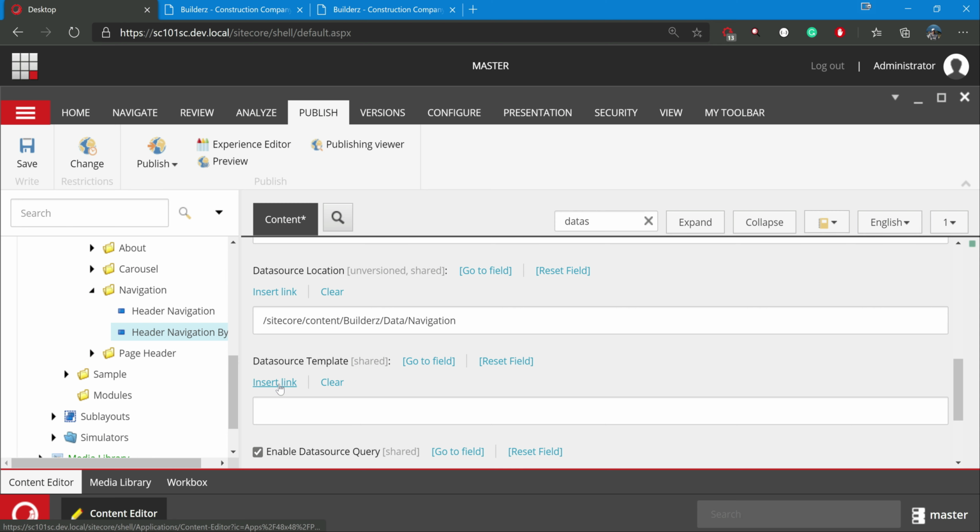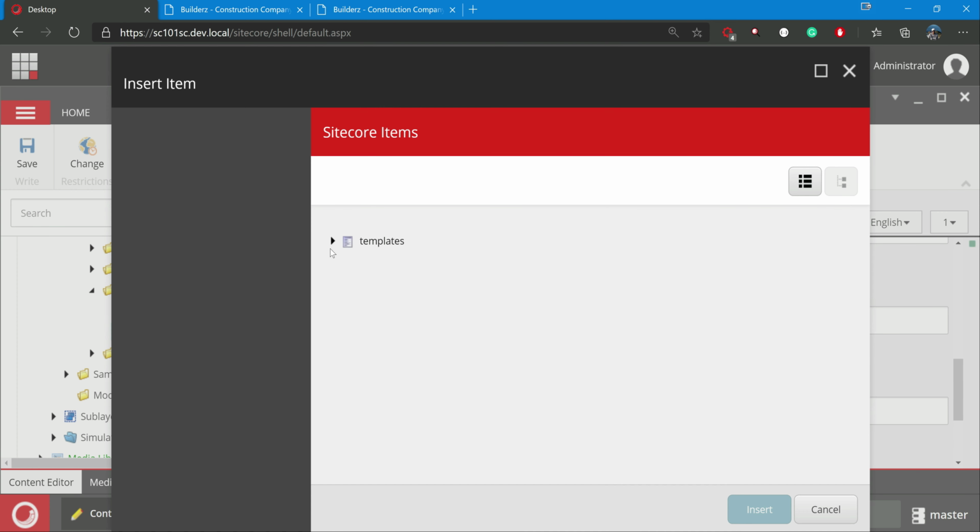And the data source template, rather than the carousel slider approach we already know, where we build one parent item, show all the slides there, and you select the slides, similarly we can build one parent navigation item. There we can show all the navigation links and select the ones we want to show. Either we can do that, or we can directly point the data source to the navigation folder, and from here this is the start item, read all the tree.